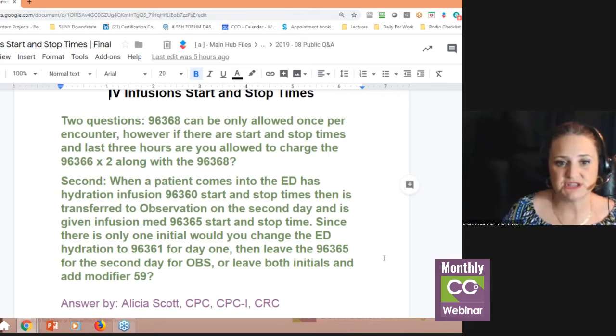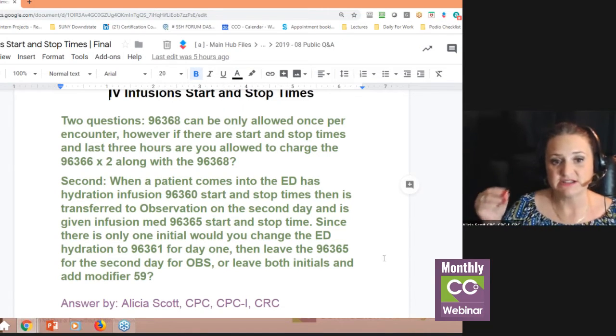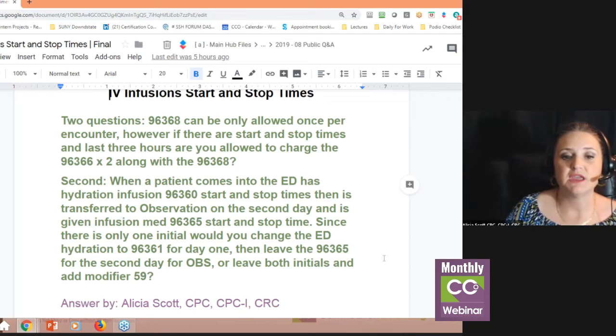But the second question that came in was, okay, if I have a patient that goes into the ER and they are doing a hydration infusion, so that means they're dehydrated, they're not getting additional medication. That's the purpose of the IV. It's not therapeutic, etc. They're not getting chemo, things like that. Hydration. And the code